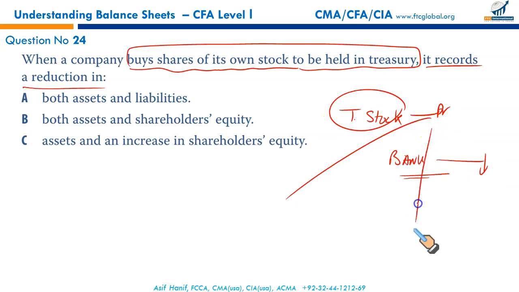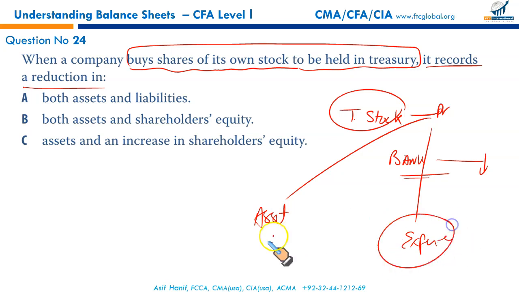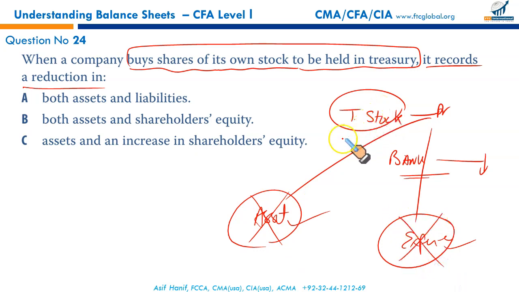So we know a debit could either be an asset, which it is not, or an expense, which it is not. Interesting. It is neither an expense nor an asset, but it's a debit item. But since they are our own stock which we purchased, we neither report them as an asset nor as an expense. They are reported as an unallocated reduction from equity, a negative item in the equity.